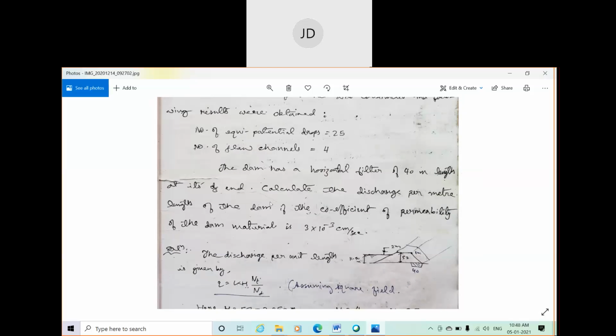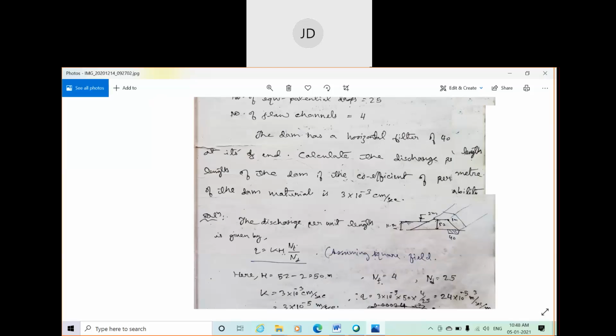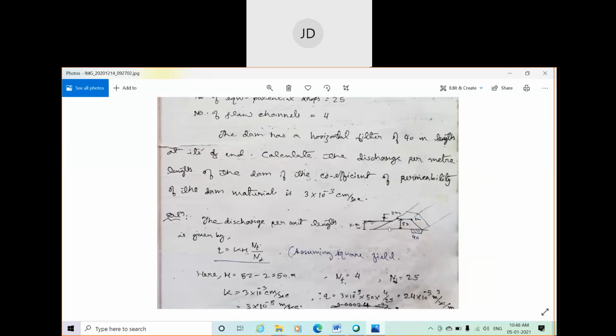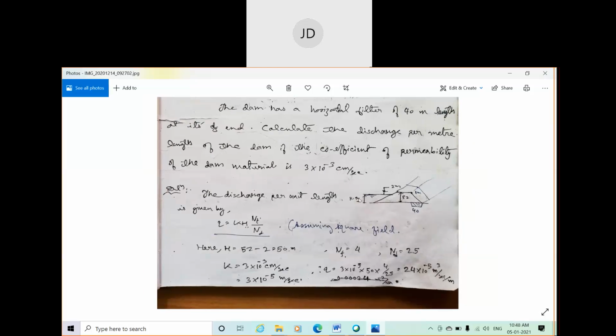What you are asked to find out is the discharge per meter length of the dam. That is, you need to find out the total discharge per meter length of the particular dam, and say it is a homogeneous dam. Now you can see the small diagram. It is also shown here. The total height of the dam is given as 52, and freeboard is